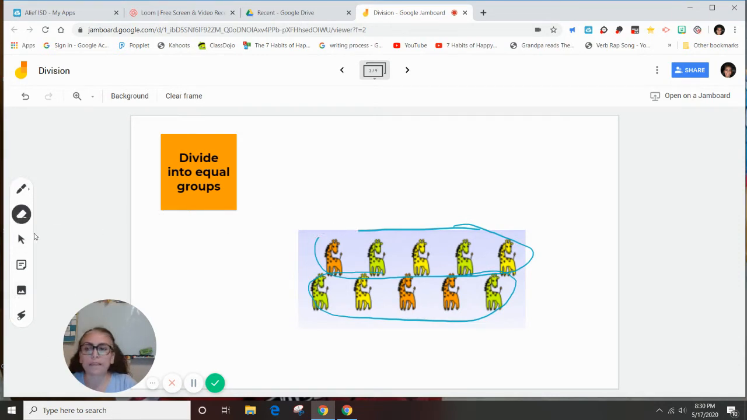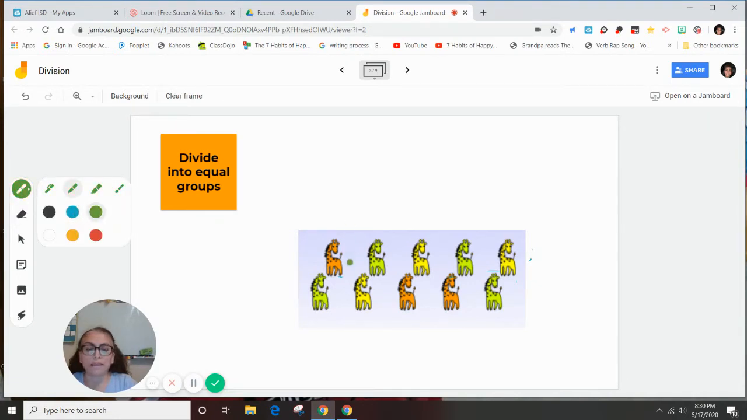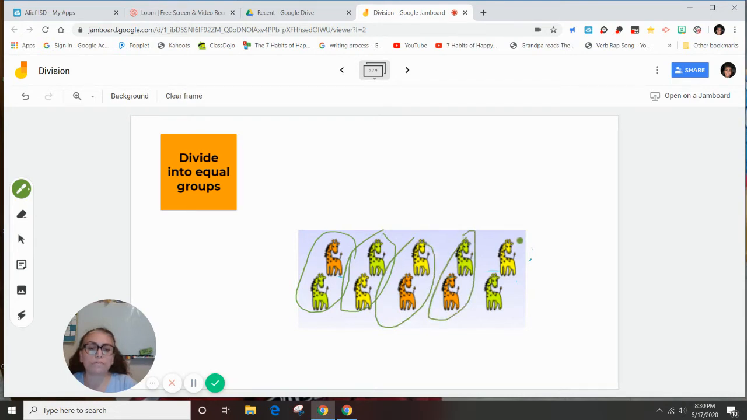Okay, let's erase that and try the next one. Or I can do it in a different way, where I can divide them into smaller groups maybe. Let's try with this one. Maybe I want to put these 2 together. 1 group, 2 groups, 3 groups, 4 groups, and 5 groups. So instead of 2 groups of 5, I can make 5 groups of 2. So in this case, it could be 10